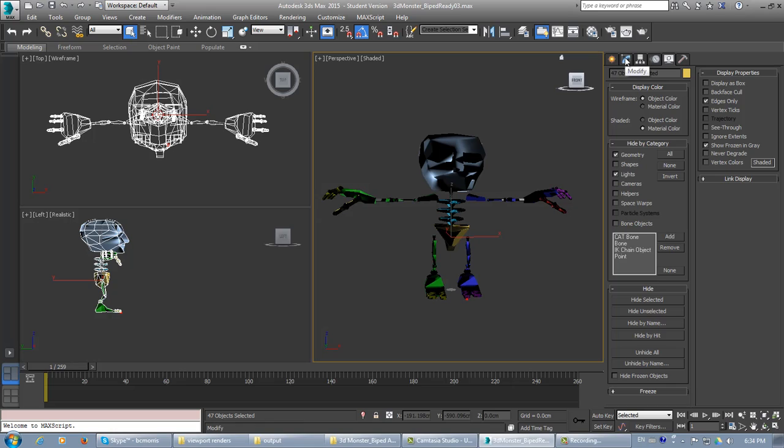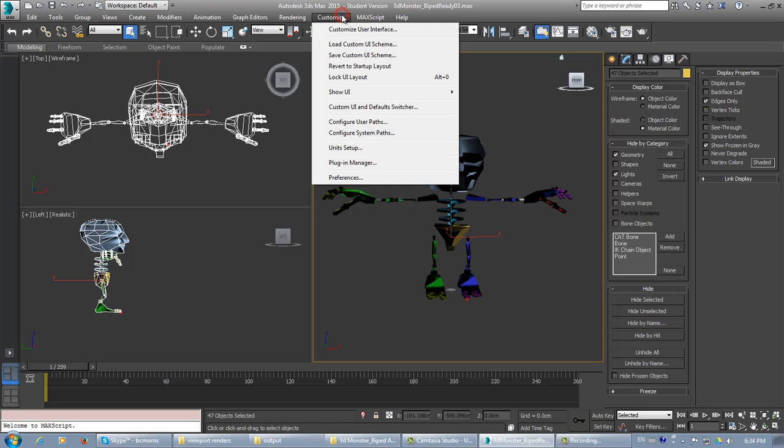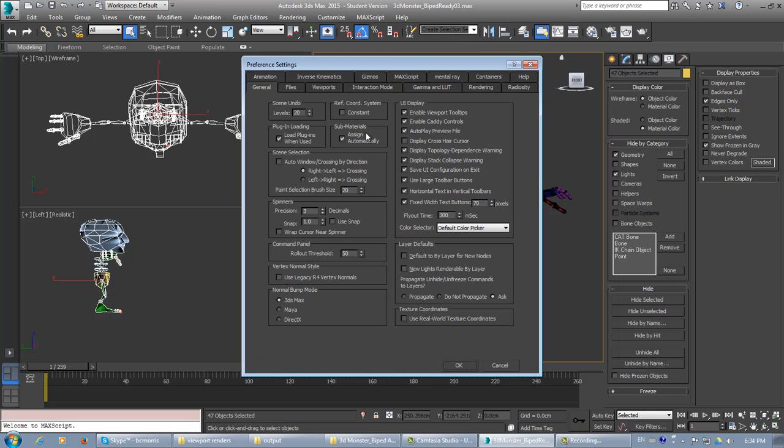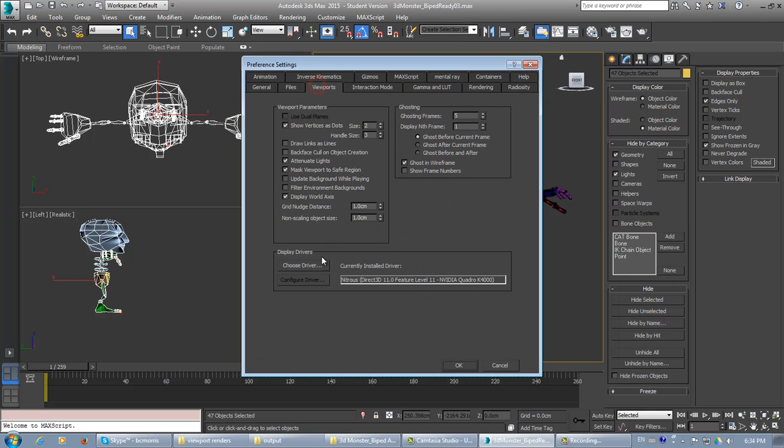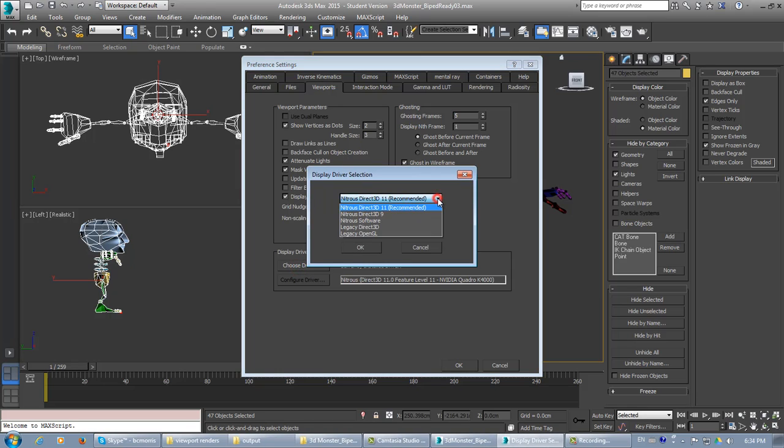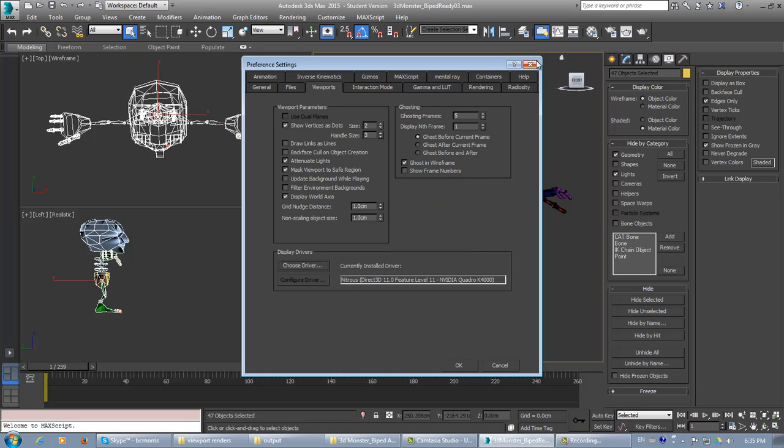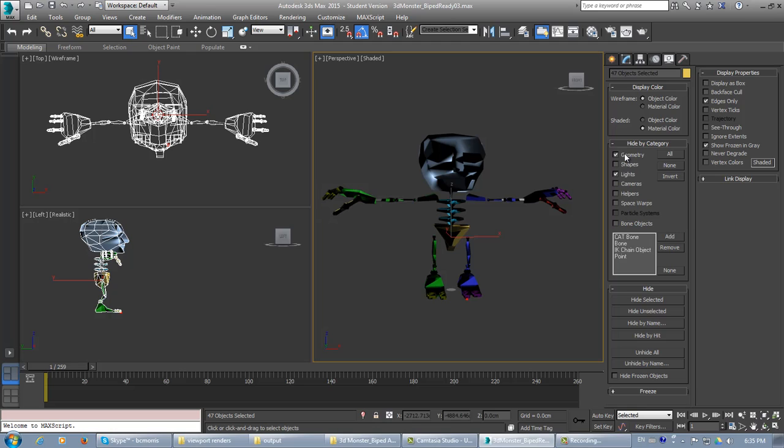You can fix that in two ways. One is changing your drivers. I'm using, for instance, the Nitrous Direct 3D 11 drivers, which are the recommended drivers for a newer video card. If you have those and you see this, you need to once again double click on the hips here, and